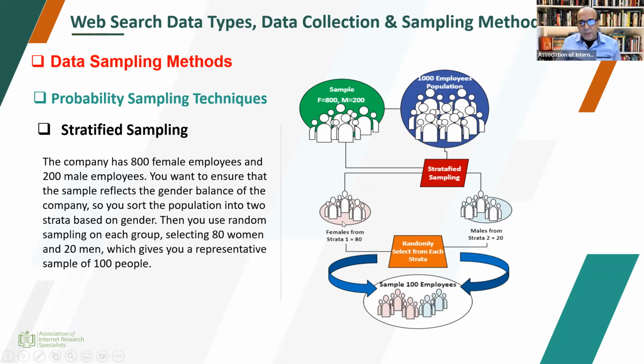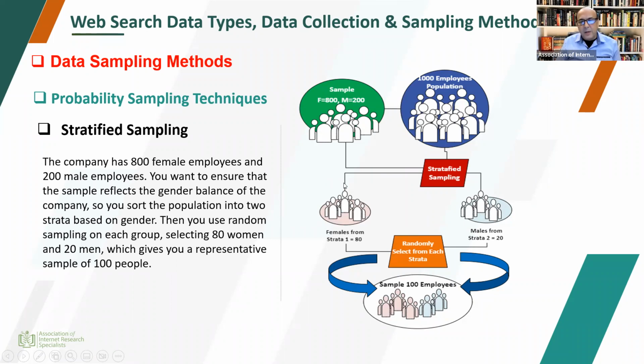For females and males, we separate based on a rationale that 800 to 200 is 8 is to 2 in ratio, as well as 80% to 20% if we look at the percentages. So what we did is we took in one strata 80 females, and in the other one we took 20 males. So we maintained a ratio, but technically we were able to extract a total sample of 100 employees,